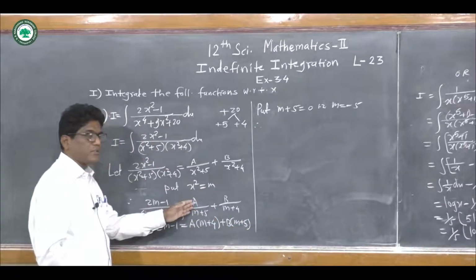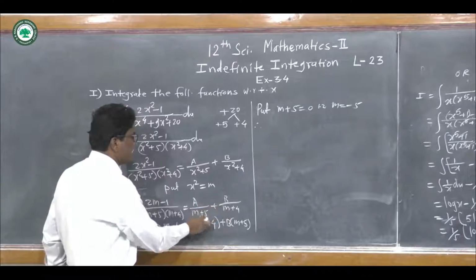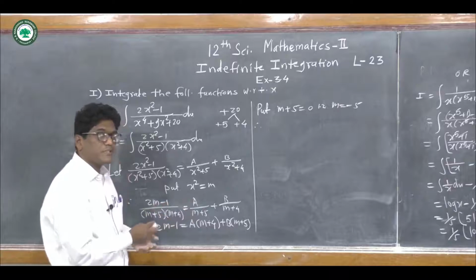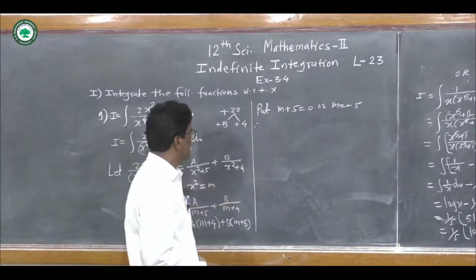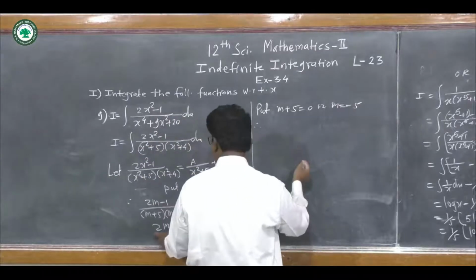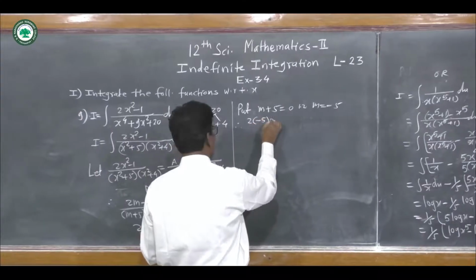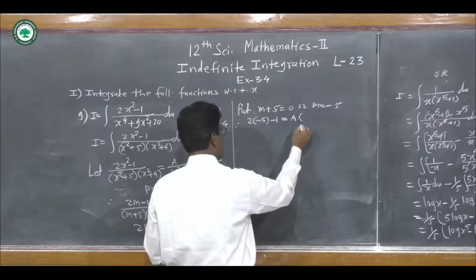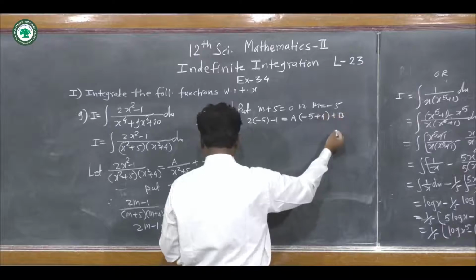We take the addition of these two fractions, that is a into m plus 4 plus b into m plus 5, and here it is 2m minus 1, and both the denominators we cancel. Now put here m plus 5 is equal to 0, that is m is equal to minus 5 in this equation. So 2 into minus 5